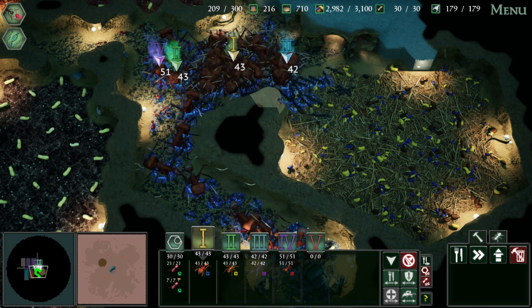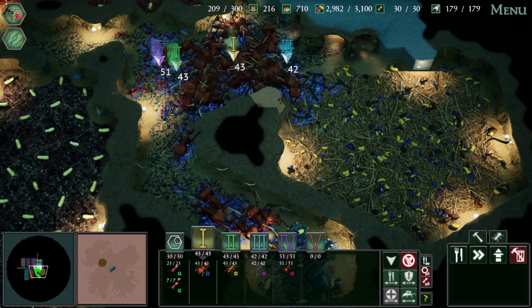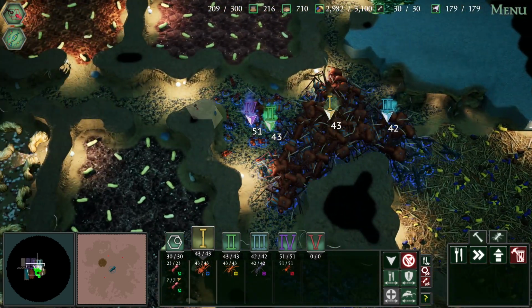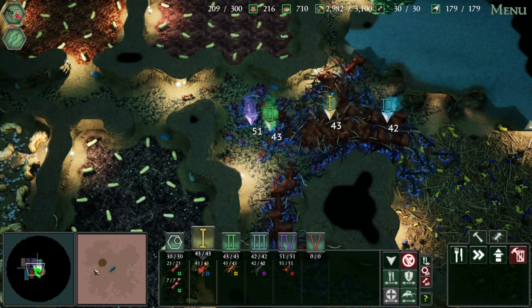But you're going to take this Royal Jelly and upgrade your Formicarium ants, which is really cool. So there's actually a persistent progression kind of thing. And so yeah, this is a small little colony that you're going to be building over time. There is a surface. On the bottom left, there's the mini-map of the underground, and then there's a mini-map of